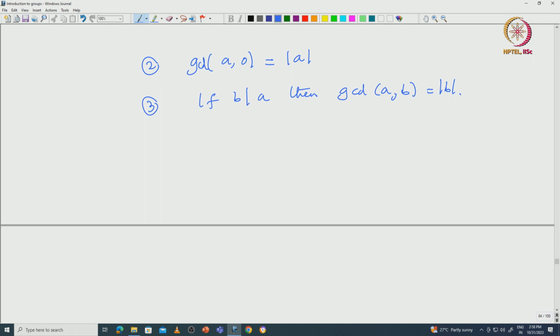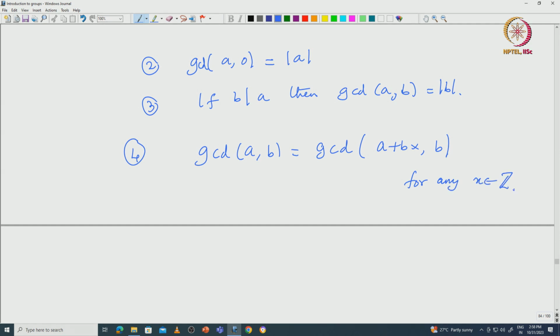So, that is something I will prove. Before that, let us look at one more property of GCD. If A and B are integers, not both 0, then what one can prove is that if you compute GCD of A, B, then it is the same as GCD of A plus Bx comma B. This just follows from